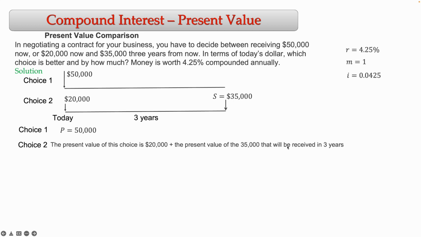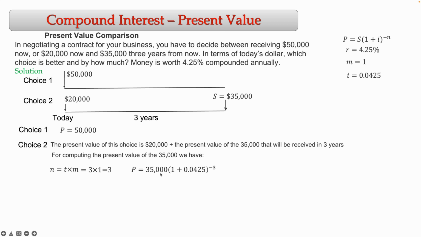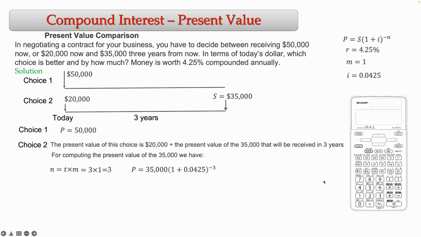Then do it. Let's compute the present value of the 35,000. It will be n equal 3 because you are going to receive it in 3 years. So for computing the present value of the 35,000, we have that n t times m will be 3 times 1. It will be 3. And let's put it here in the formula of the present value. It will be 35,000, open bracket, 1 plus 0.0425, that is the interest, to the power negative 3. Then make this in your calculator. You can bring your calculator, type 35,000, open bracket, 1